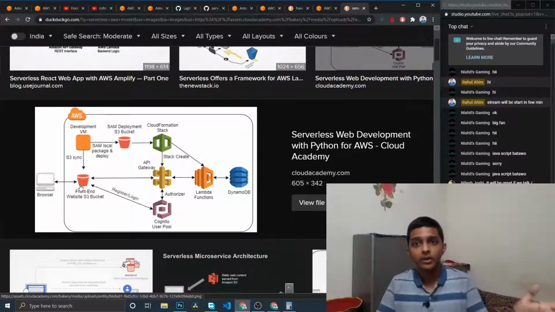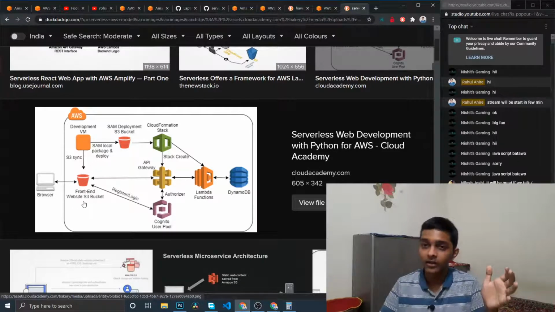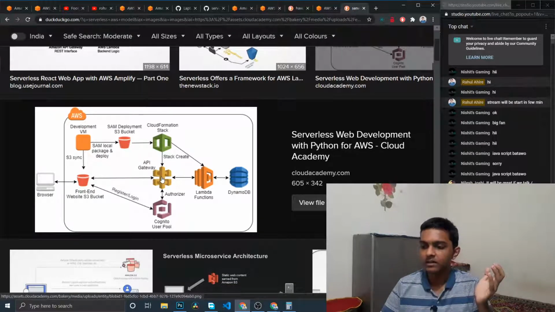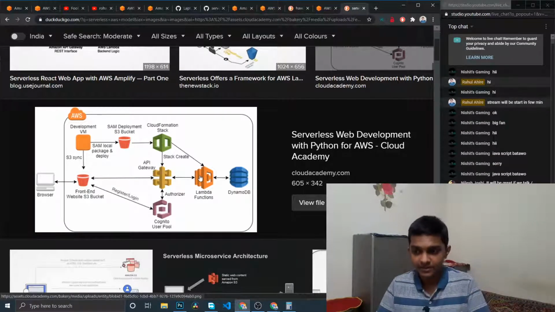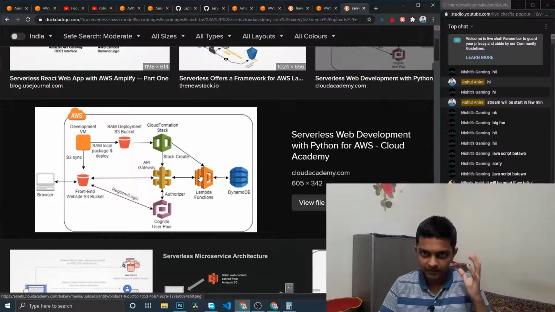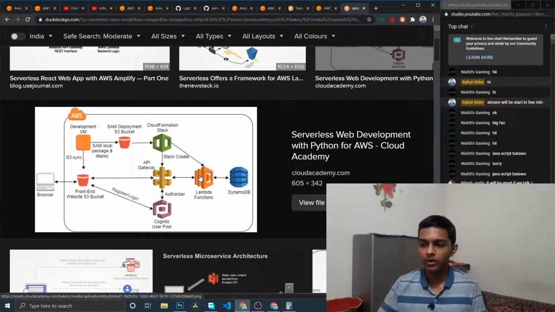The React front-end code is hosted in this S3 bucket, and then you deploy it on, let's say, a VM, or set up the backend logic in API Gateway and on the Lambda itself. Now what Lambda means: as I said, it's a part of the serverless architecture. You just deploy your code there and it will run flawlessly.